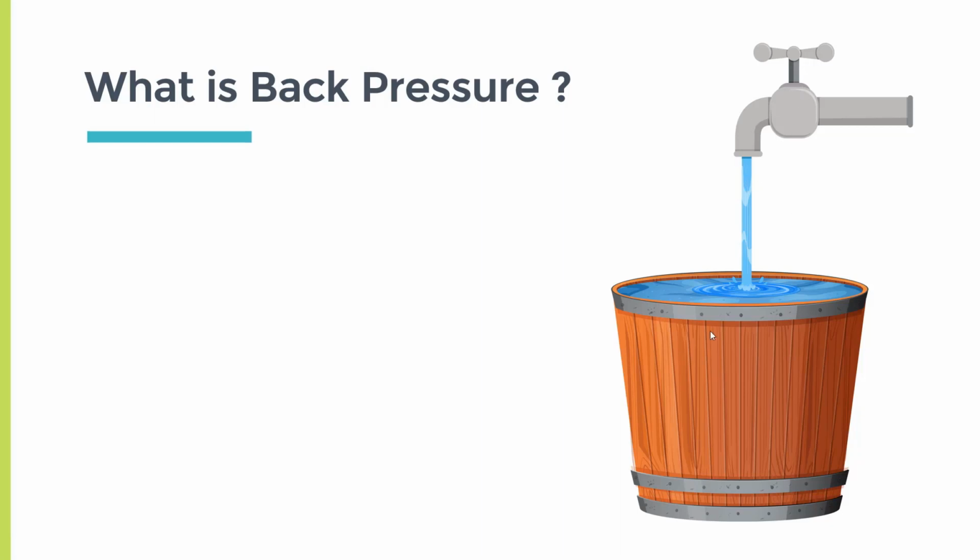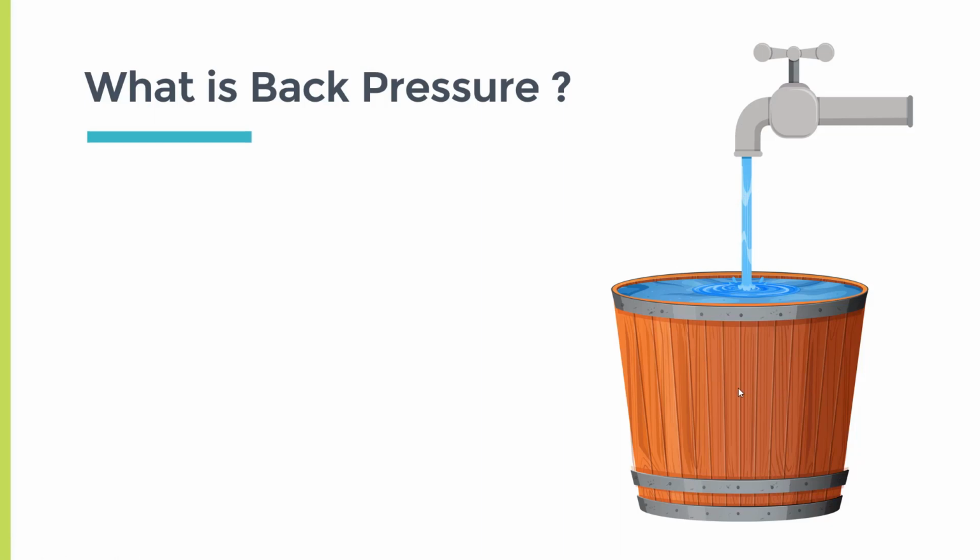Now here there are two scenarios. The first one is, say for example, this bucket is completely filled with water. So the person needs to bring another bucket. What he will do is, using this handle over the water tap, he will stop the water flow and will try to arrange another bucket. Now, say for example, the person is not getting another bucket. He is out of buckets to fill with water. So that's fine because this is closed. Using the handle, the person has stopped the water flow. So he is okay over here because this bucket is completely filled.